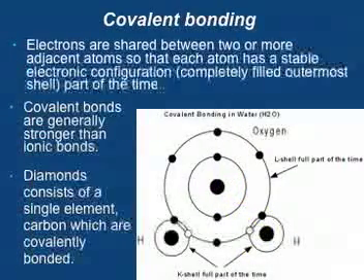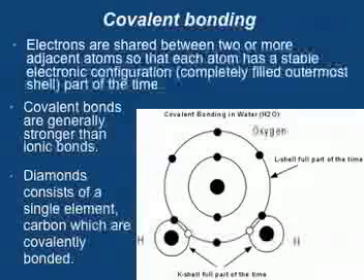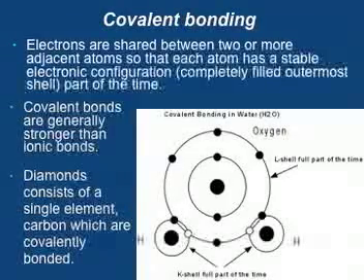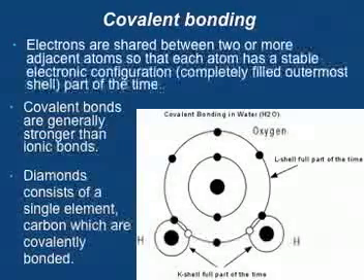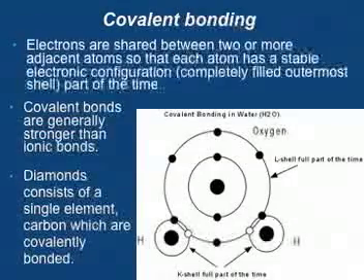All right, there is a second type. Check this out. This is water, H2O: two hydrogens, one oxygen. Now, this is not stealing and ditching. This is sharing, and these bonds are much stronger. Each of those hydrogens has one electron in its outermost shell. The oxygen has six electrons in its outermost shell. If you remember when I said that those electrons are everywhere at once, that was kind of important. Because of that, the outermost shell of each of these elements overlaps with each other and shares one electron. And because they're everywhere at once, they both think they have it.